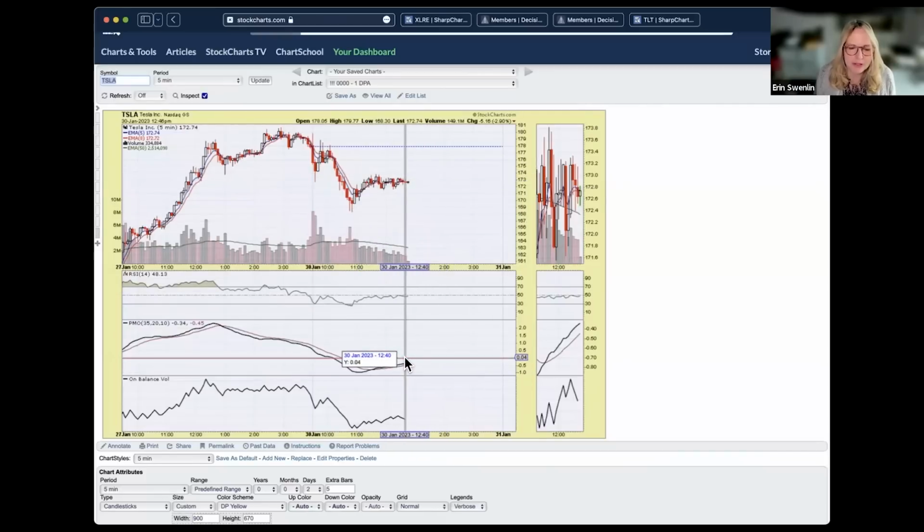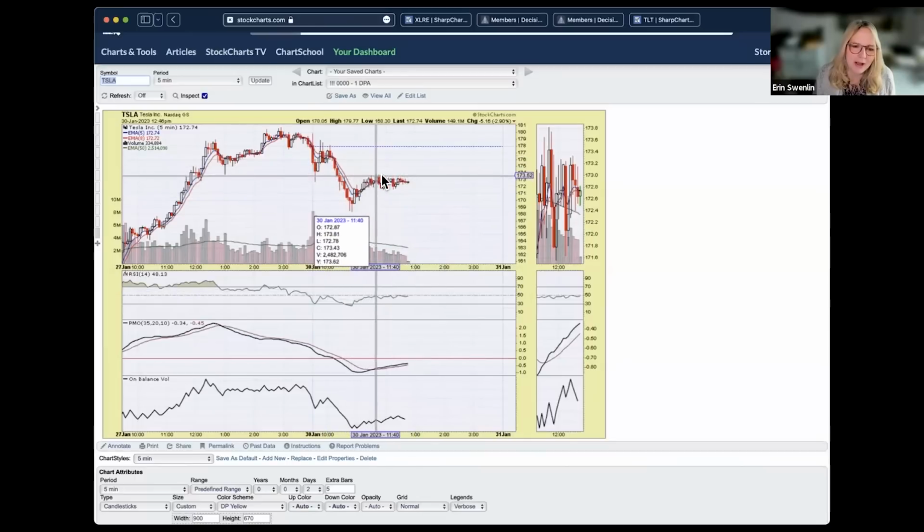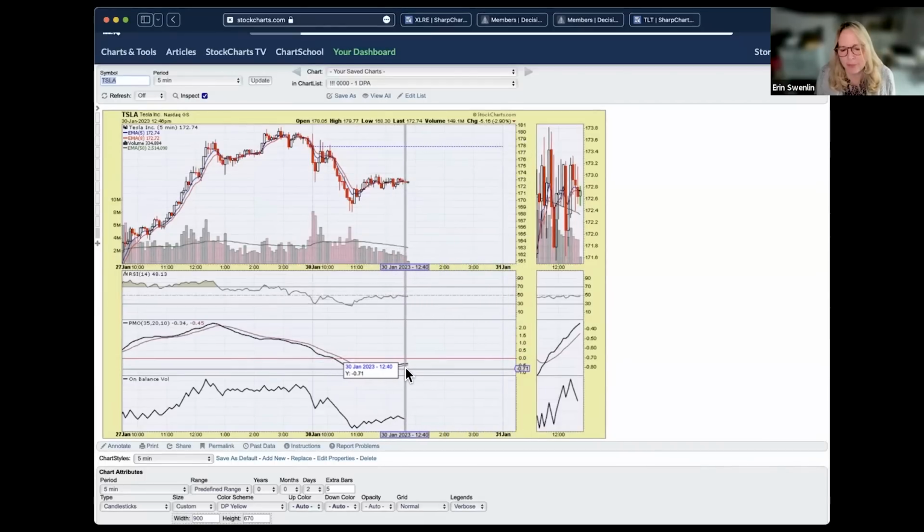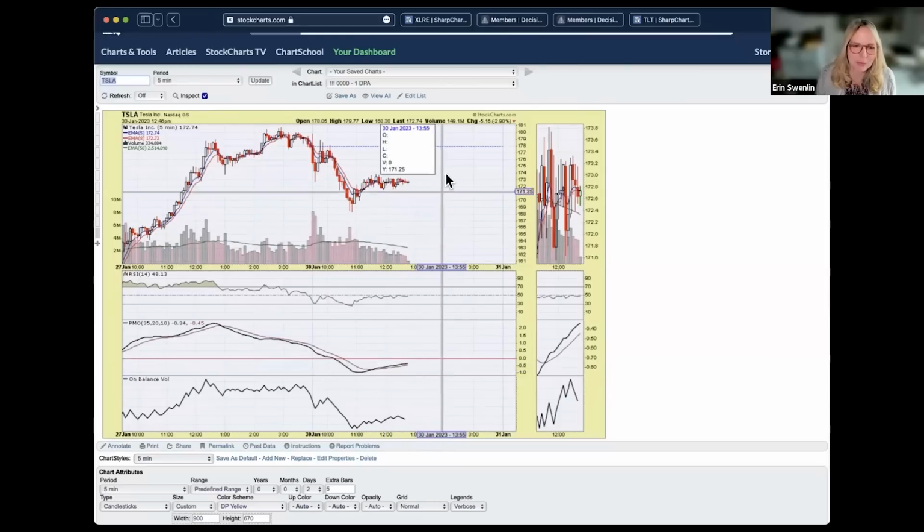The PMO is telling us the breakout's more than likely going to occur. But the RSI is saying, well, price is kind of topping out a little bit here, so it might move lower. I'm looking for the best entry on a volatile day where we're looking at 2.9% down. There's a lot of money to be made here if you can get the right entry. And I don't think we're quite at the best entry, but you could certainly make a case to get in now because the PMO is rising.